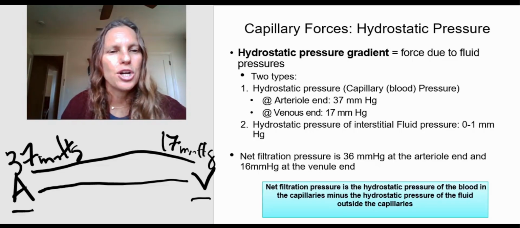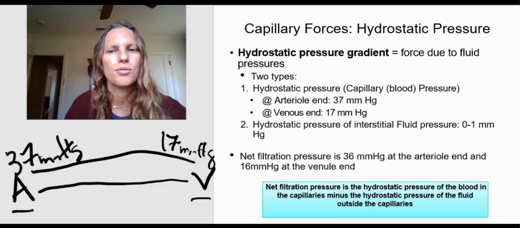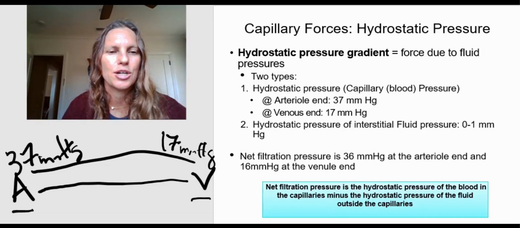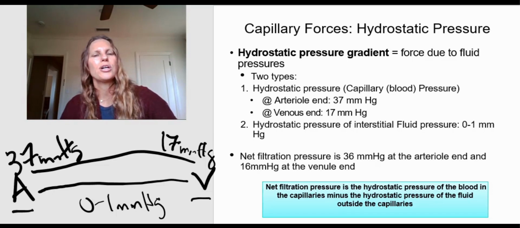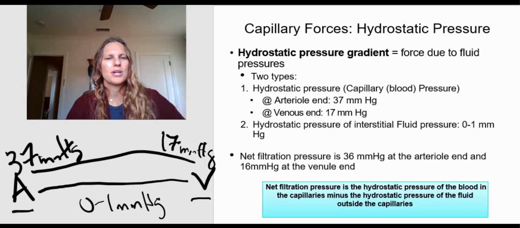Now, there's also going to be pressure out here in the interstitial fluid. The interstitial fluid pressure is low. It's basically 0 to 1 millimeters of mercury. So we have high pressure here, we have low pressure here. Why do you think the pressure is going down as you go from the arterial end to the venous end? The reason why the pressure goes down is because